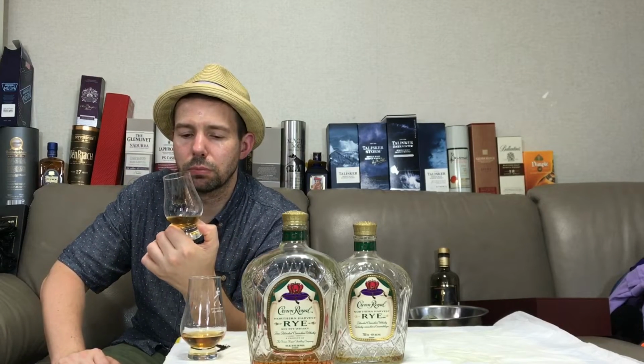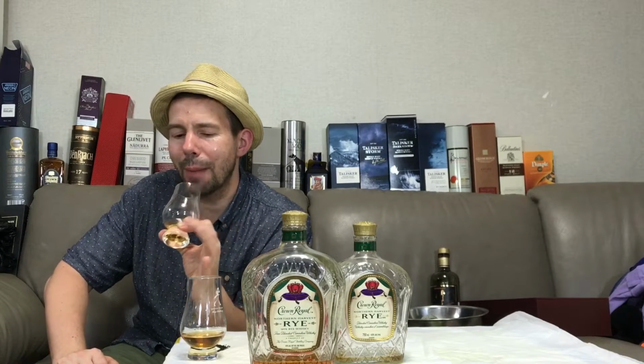So nice to taste. The rye is very potent. Very nice minty rye mixed in with that delicious caramel and vanilla. And I really get a sense of fresh Granny Smith apples here. The finish also,